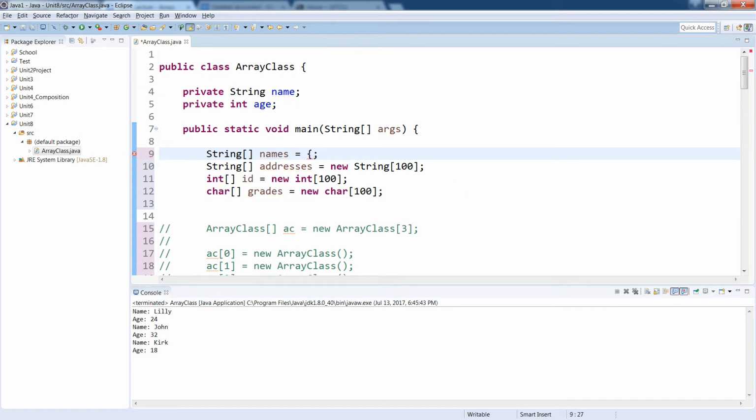Actually, I'm going to modify these and add some data to this one here. We'll do the shortcut way. I'm not going to do 100, just do 3 or something. So Joe, Mary,